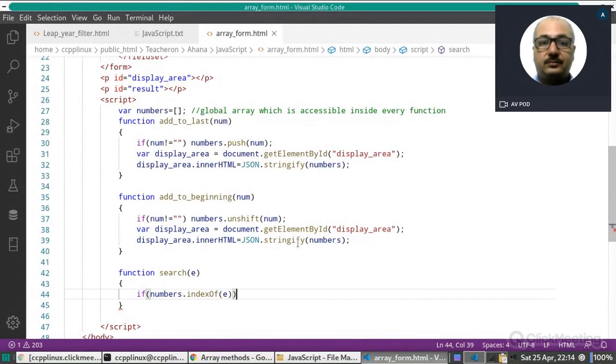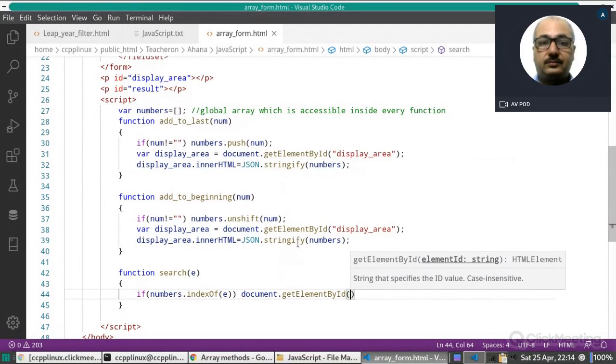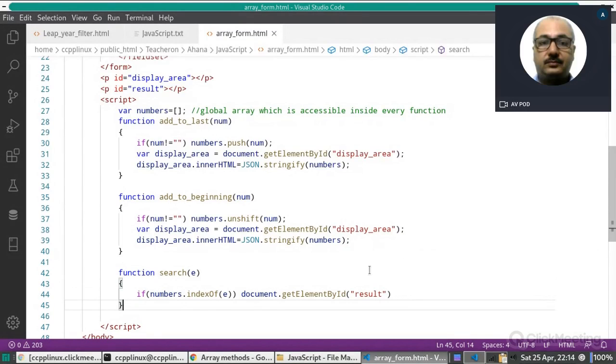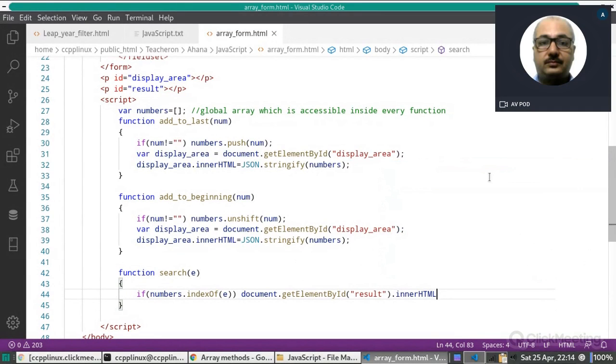So here we can write document.getElementById, and then the id is result, dot innerHTML equal to found, else the same statement, but it will display not found.